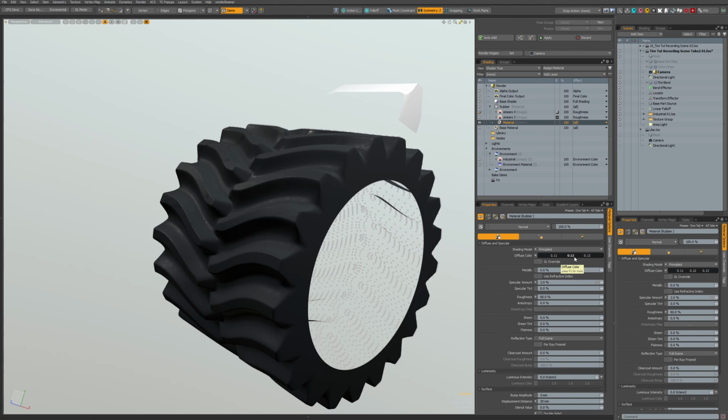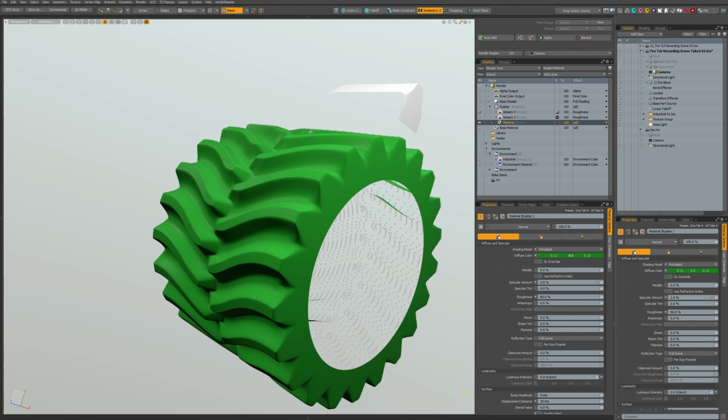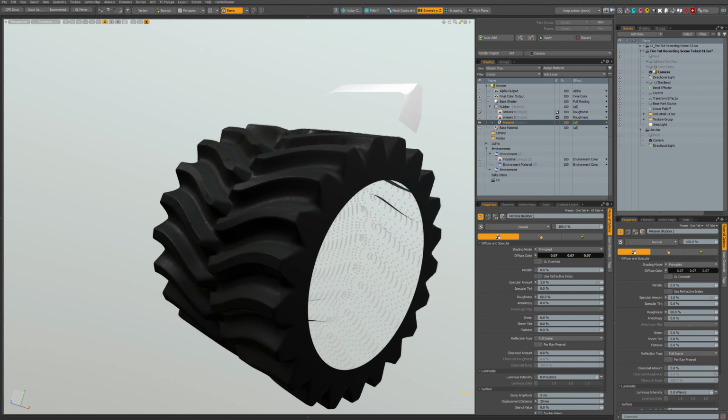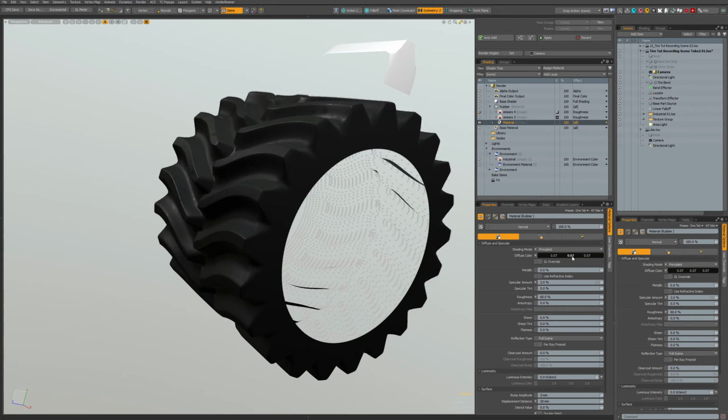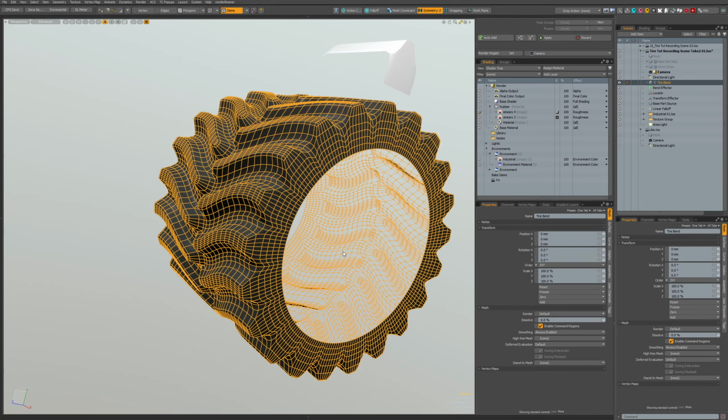These colors can be adjusted, like if we have a green color, Control is for hue, alt is for saturation, and shift is for the brightness. Okay, maybe a bit more like this so we can still see the wireframe.